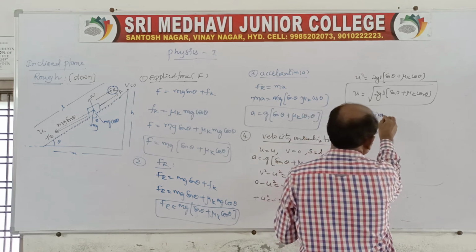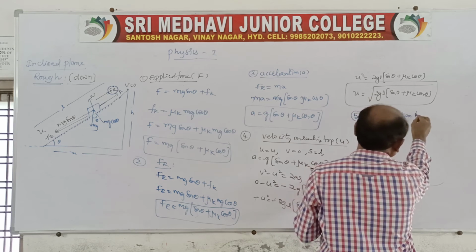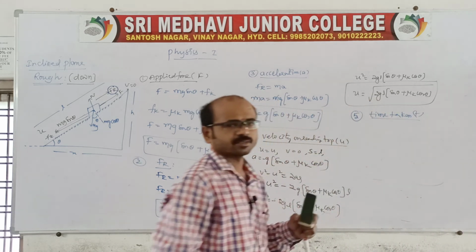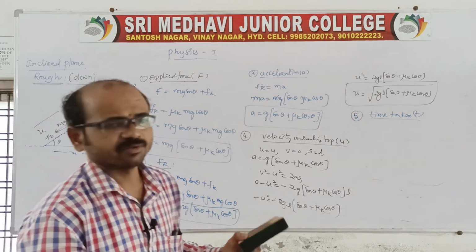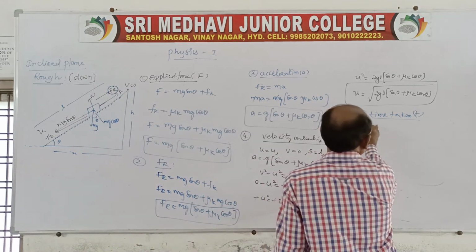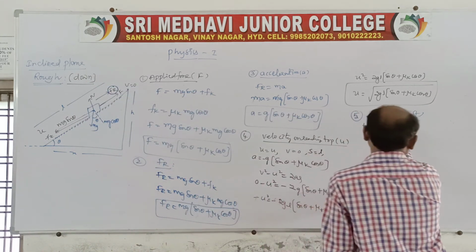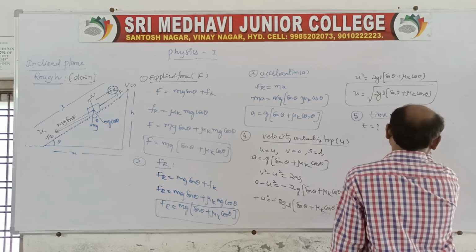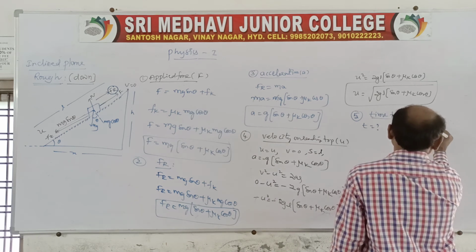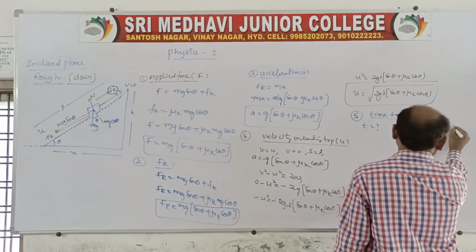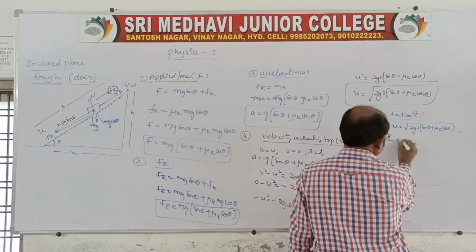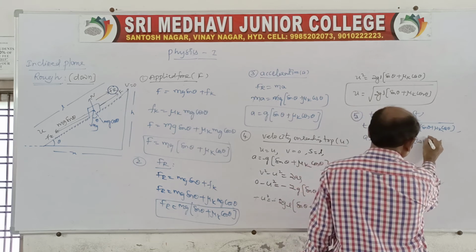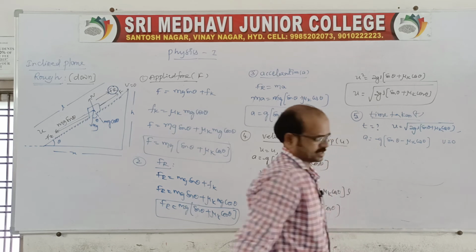Time taken to reach the top. Of course, the derivation is a bit big. In the previous one I explained very clearly for sliding down, no? So here we'll try to write it directly. Time is asked, of course it is projected with velocity u equal to root over 2gL within the bracket sin theta plus mu k cos theta, and here the acceleration is equal to minus g within the bracket sin theta plus mu k cos theta, and when reaching the top, the velocity is 0.